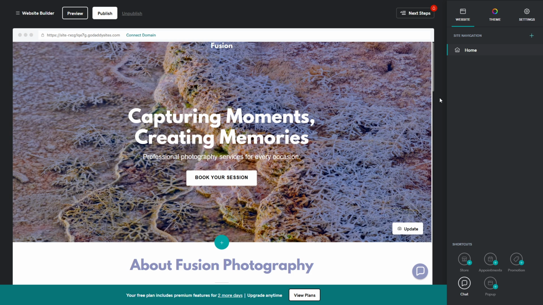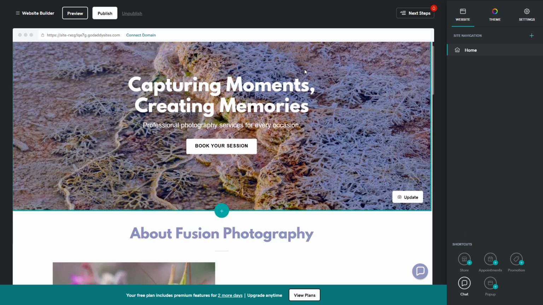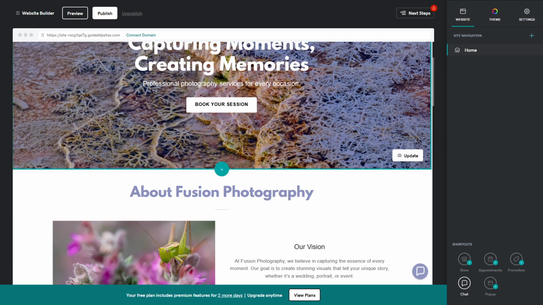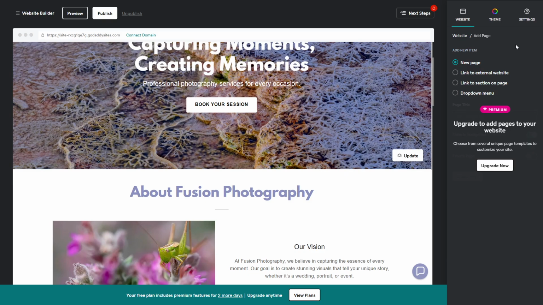Once we're inside the builder, our attention should be fixated on the top right corner of the screen. Here, you'll spot a little plus icon. Yes, the one that looks like a cross. Clicking this icon will expand a list of options for your site's navigation. Moving on, from the expanded options, we will need to select New Page. By selecting this, we'll set ourselves up for the excitement that comes with creating a brand new page in GoDaddy